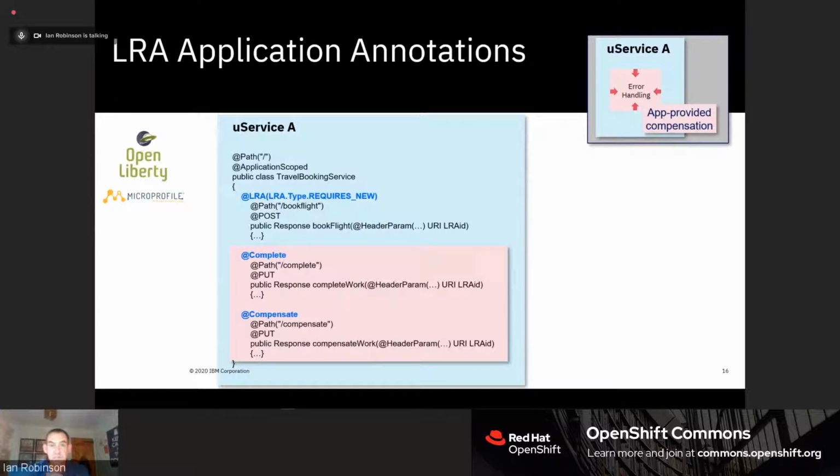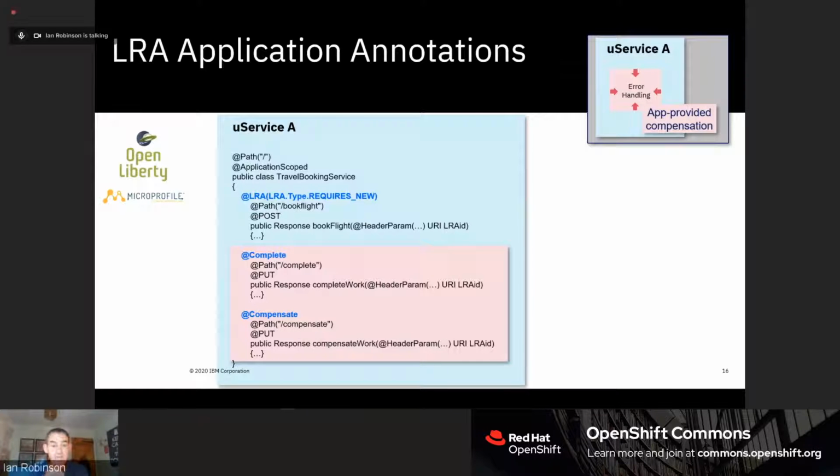Anybody that's ever written an EJB before will recognize the annotation as being somewhat inspired by JTA annotations in EJBs. It works for container managed transactions. It works equally well for, if you like, container managed long-running actions.